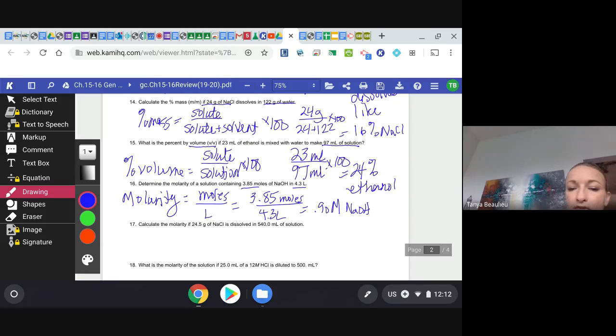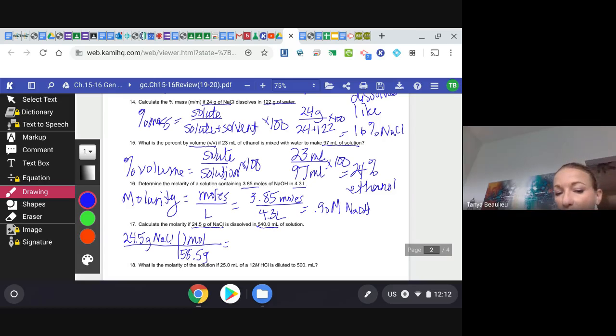Now, a problem like number 17 involves a little bit more work. To find the molarity in 17, you have to turn grams of sodium chloride into moles of sodium chloride, and you do that using molar mass. Molar mass of sodium chloride is 58.5 grams per 1 mole. And then here you need to divide. I have a lot of people doing some goofy stuff, taking 58.5 divided by 24.5. Remember, you multiply across and divide by the bottom. So 24.5 divided by 58.5 is